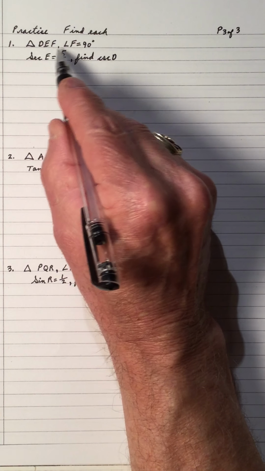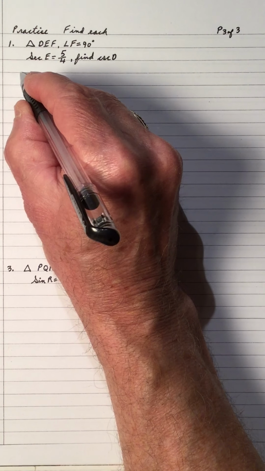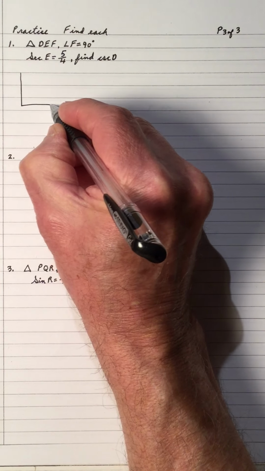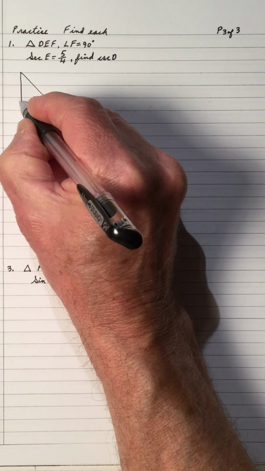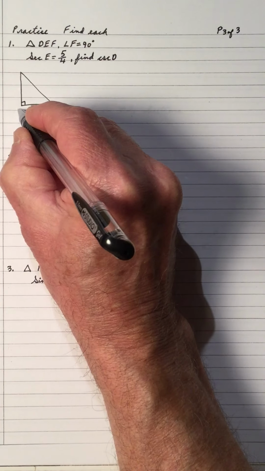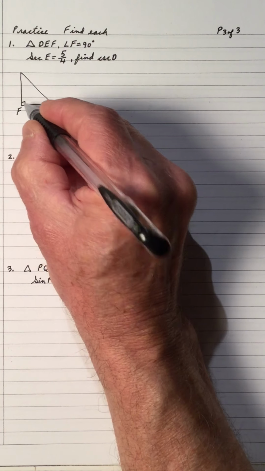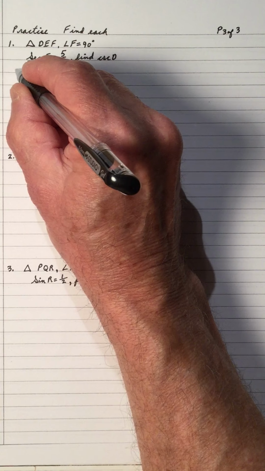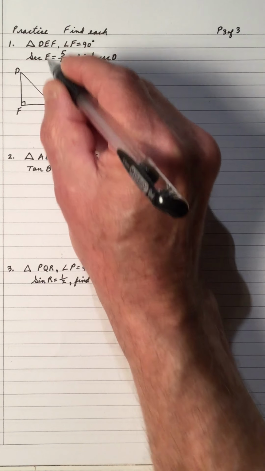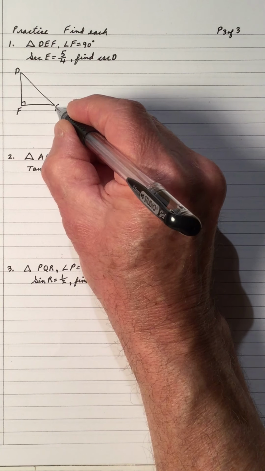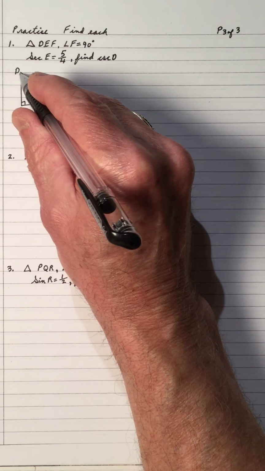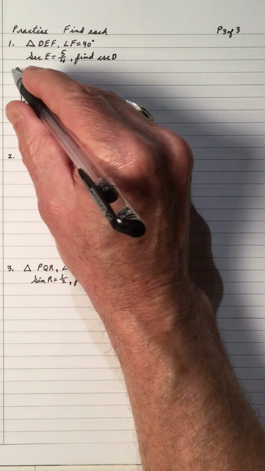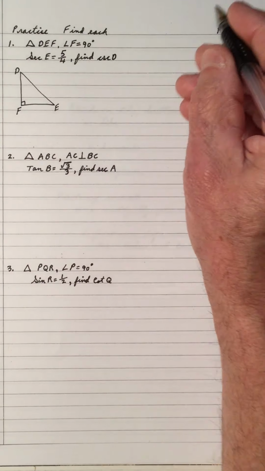Triangle DEF with angle F is 90. So we have triangle DEF with angle F. I got to put my right angle in the right spot, but the two lines are perpendicular. So I have a D, E, and an F. So if that's the right angle, the D and E can go, you can switch these, your choice. And again,